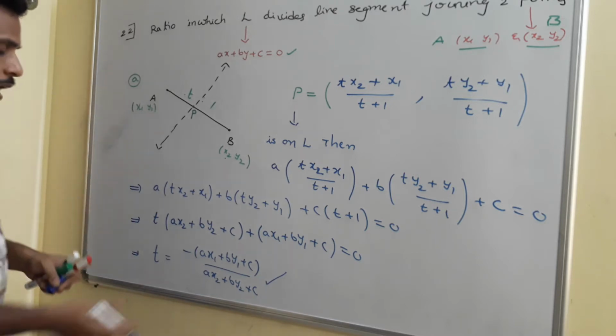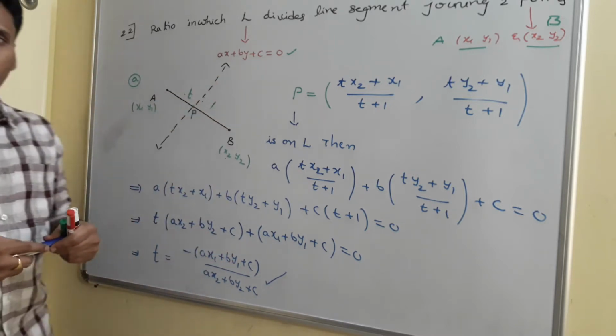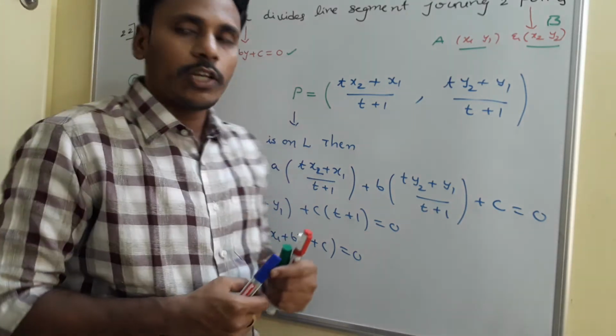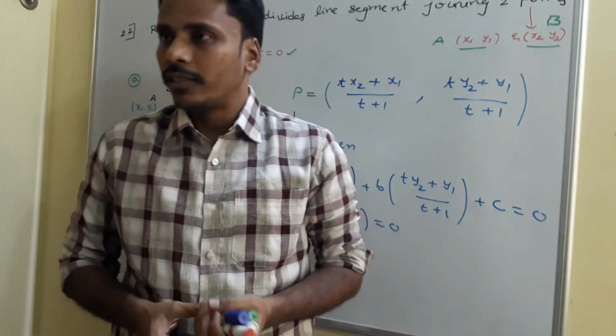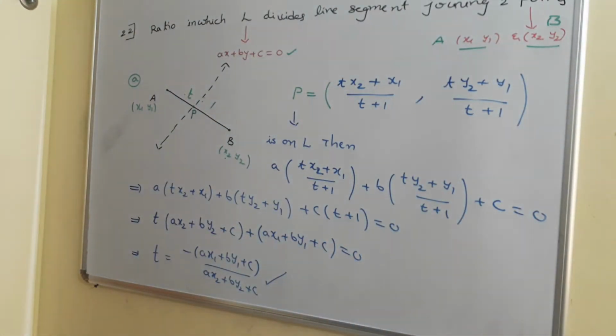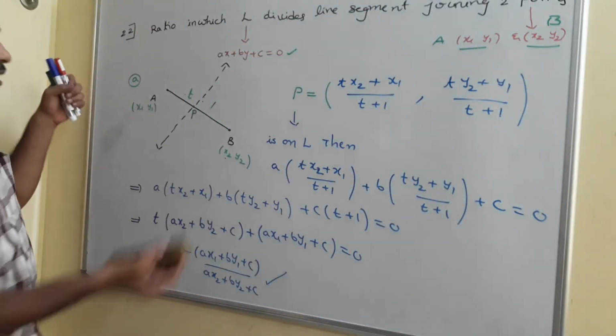Just have a look, and starting from there, once again I will explain everything to solve the problems. The ratio in which the line is dividing the line segment joining 2 points. That's what we discussed here. Just have a look and go with a screenshot. Look there at the end what we have. The ratio with us is like this.